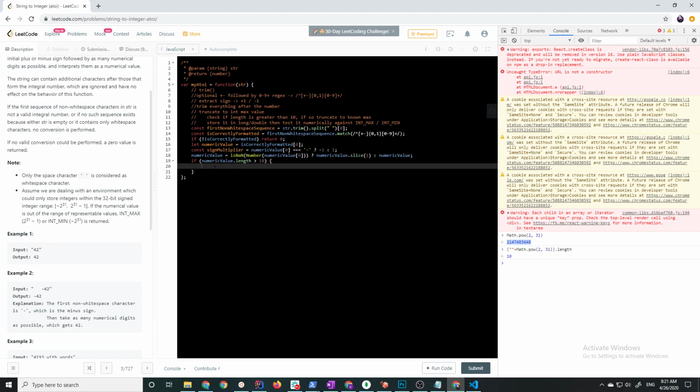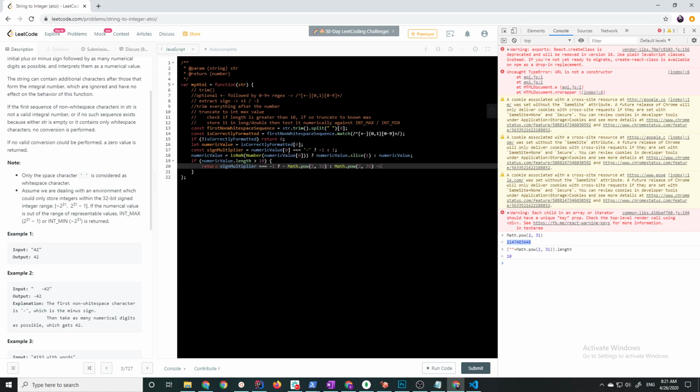So if sign multiplier is equal to -1, then I'm going to return negative Math.pow 2 to the 31. Otherwise, if it was positive, I'm going to return